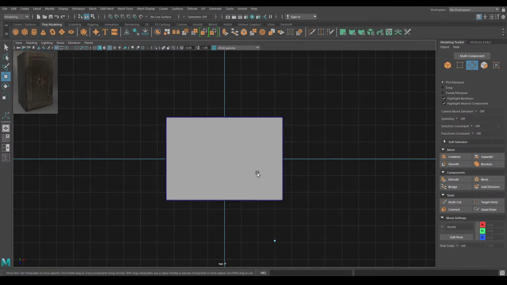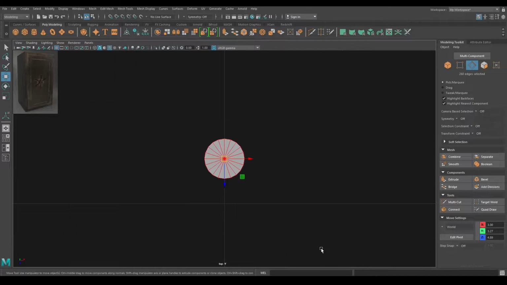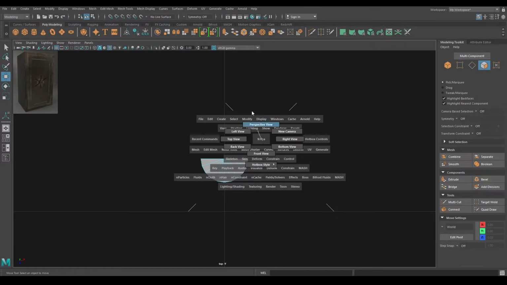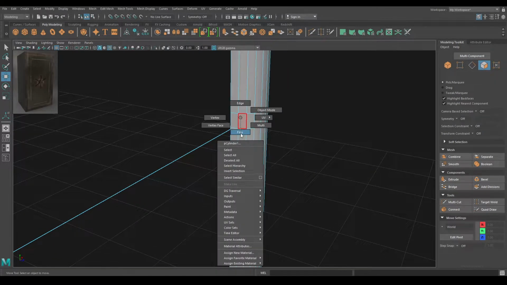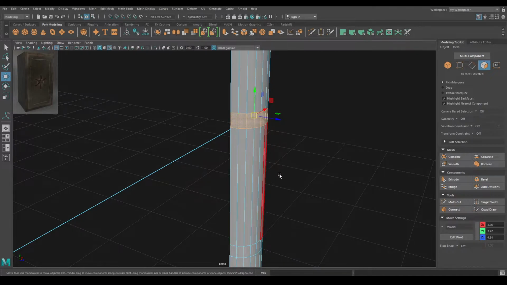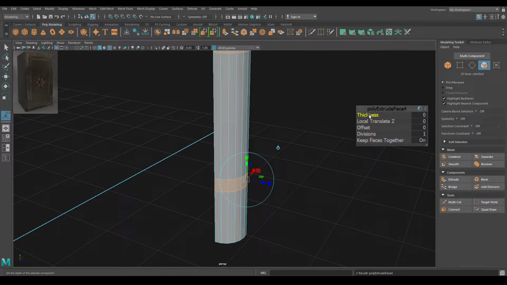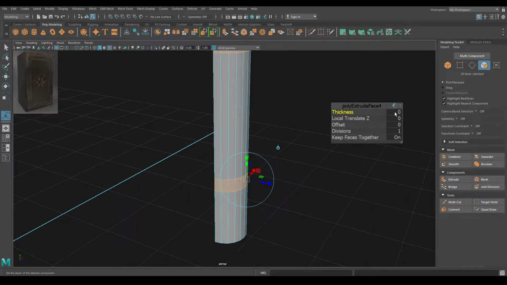Now go to top view and select space mode and delete half of this cylinder. Now go to face mode again and select these faces. Press Ctrl E and add the thickness, but this time in the negative value to -0.01.